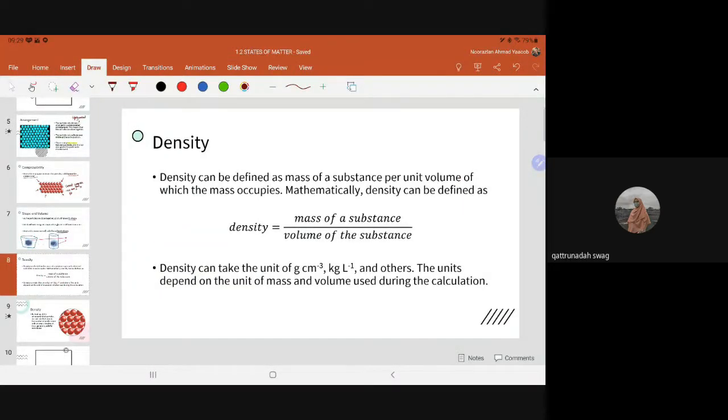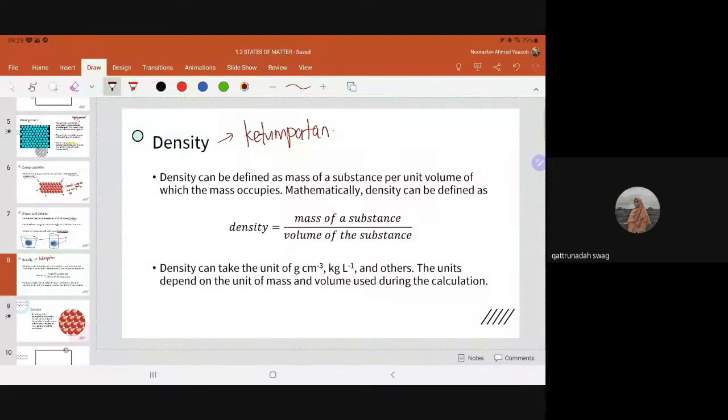Okay, as you know, density ataupun dalam bahasa Melayunya adalah ketumpatan. Okay, kita tengok sama ada sesuatu itu tumpat ataupun tidak. Density kita boleh kira, it can be defined as mass of substance per unit volume. Okay, so jisim sesuatu bahan mengikut isi padunya. Okay, secara matematiknya, so mathematically speaking, we can use the formula density equals to mass of substance over volume of